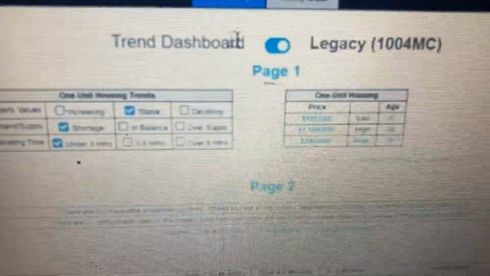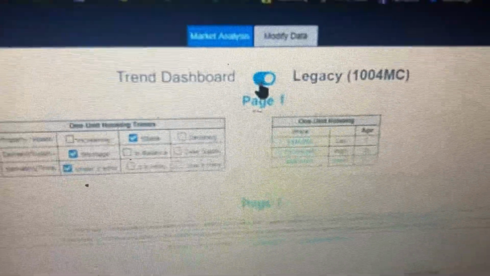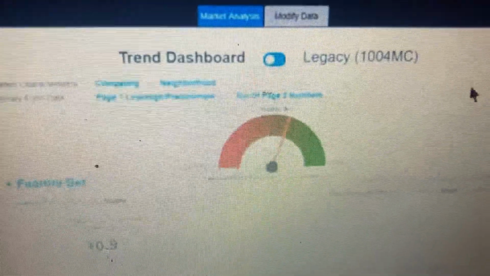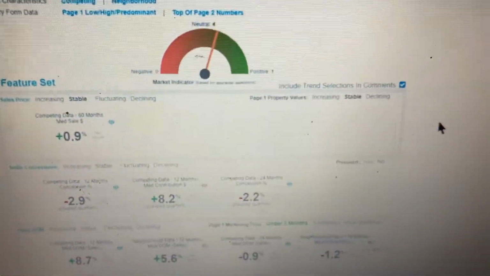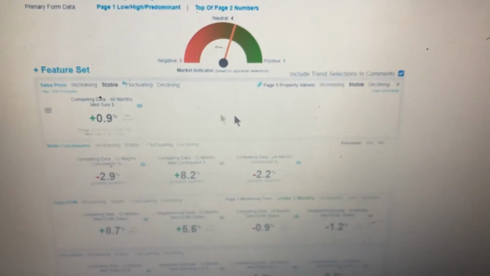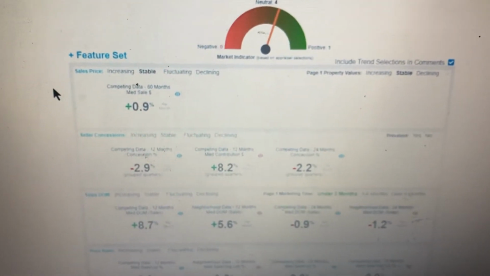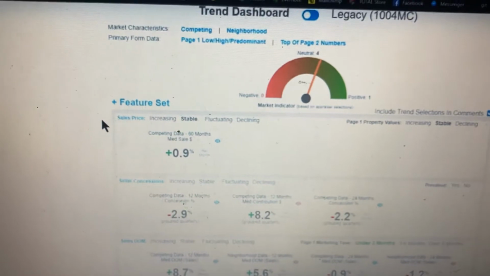So essentially you can toggle between the two. So I'm going to toggle over to the trend dashboard. So here's what we get. And at first glance, it might take a little getting used to, but what we did was we set this up so that you can analyze your market however you want to, but then also show your client just the